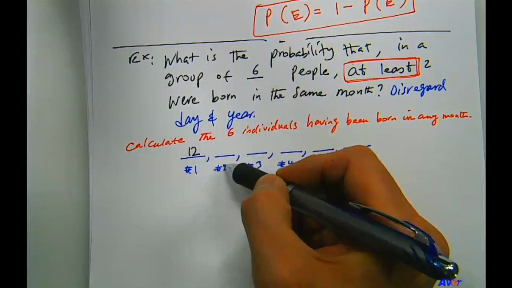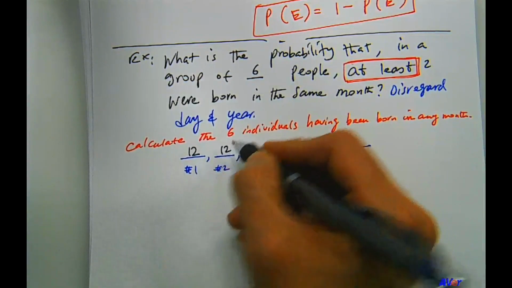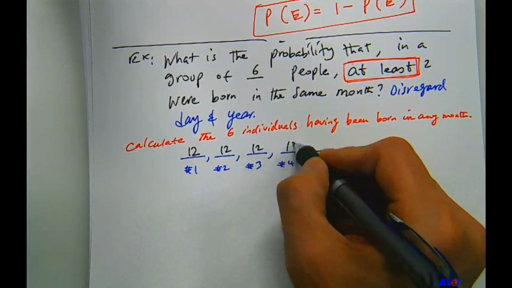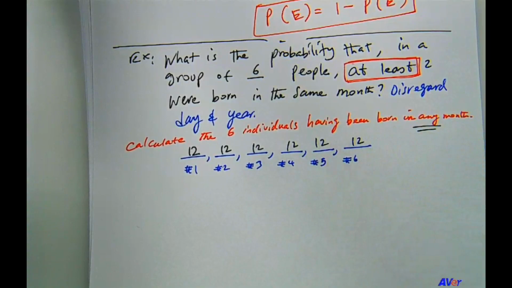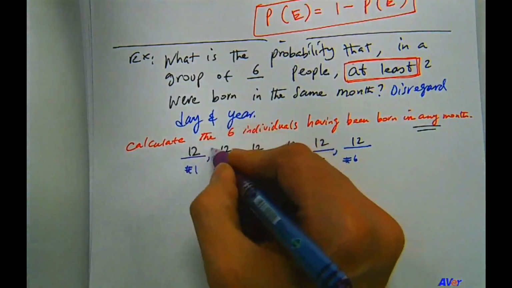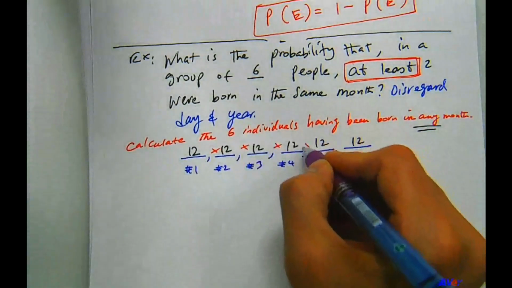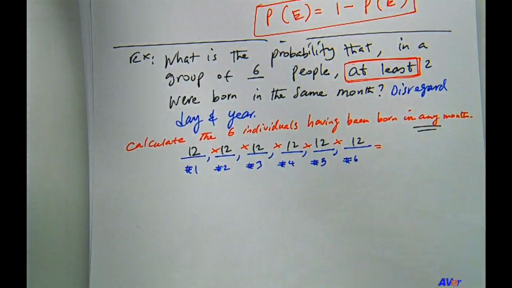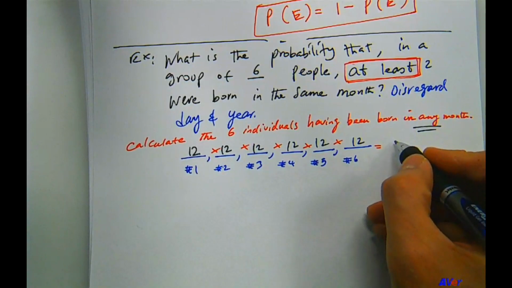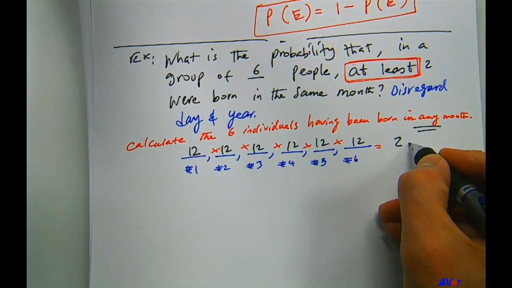In any month. 12, 12, 12 for all 6 by the multiplication principle. Multiply all of these together and we end up with this number,